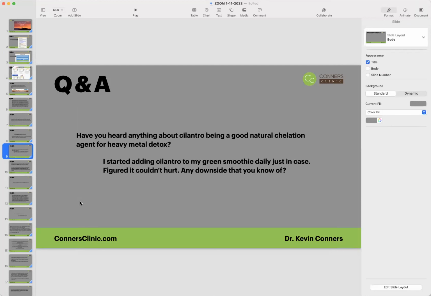You got to make sure all your other 6 phases are open and you're at least working on those before you start any chelation. But certainly cilantro is a good chelator. Now, cilantro would be classified as a mild chelator, and I write much about that in the 7 Phases of Detox book. You really can't hurt yourself with cilantro,